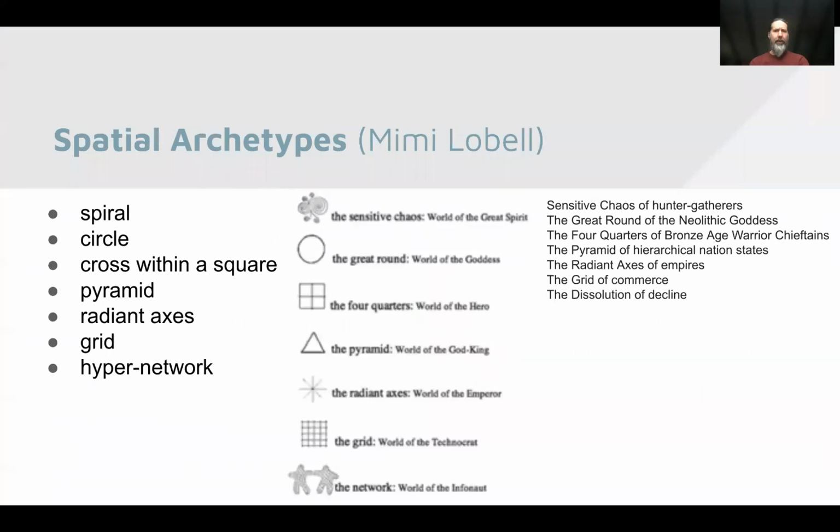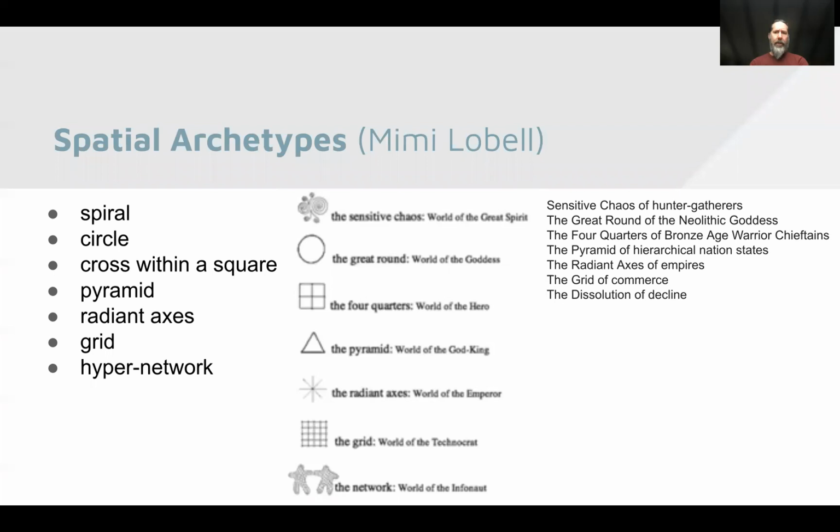They come from this person named Mimi Lavelle, who was an architect, philosopher, and second wave feminist scholar. Her thoughts in a lot of ways are pretty out there. Not everybody bought into this concept, but I think it's pretty interesting. She was taking a lot of cross-disciplinary work, looking at Joseph Campbell's hero's journey kind of stuff, and looking at Jung and how the human psyche might possibly work.